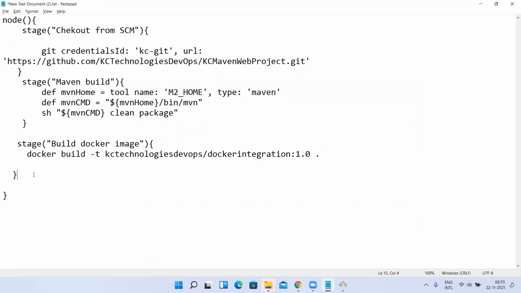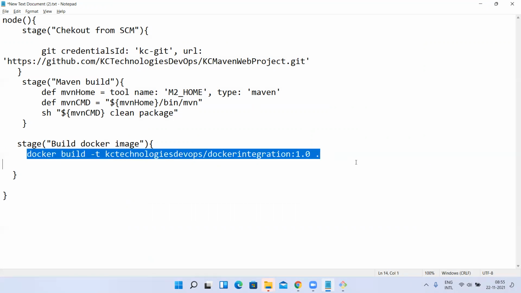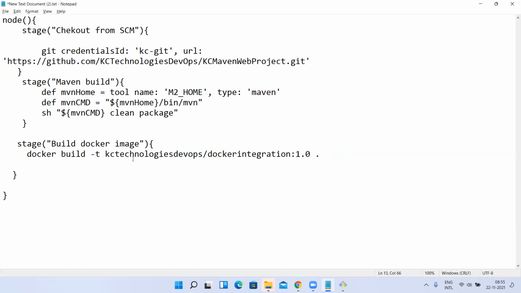Yes, sir. No, it will fail. Why? Because I said, if you want to execute anything there, username or password. No, to just build a Docker image, you don't need a username and password. To push you need it, but not to build it. So no, I'm not talking about that. The syntax itself is wrong.